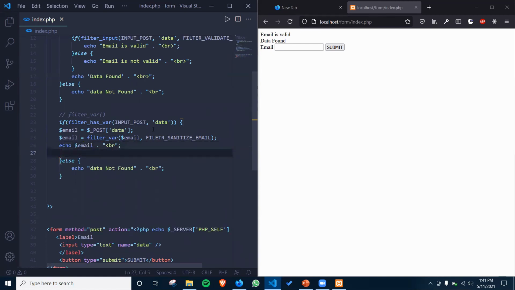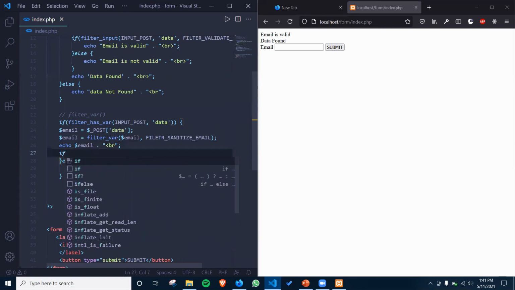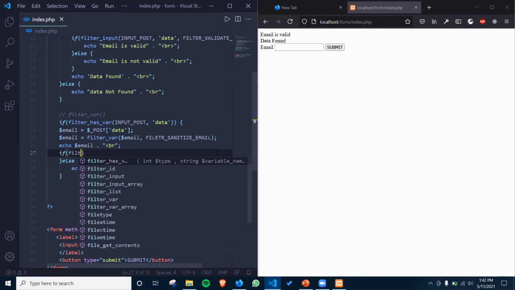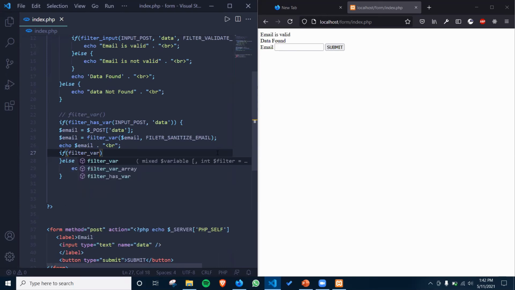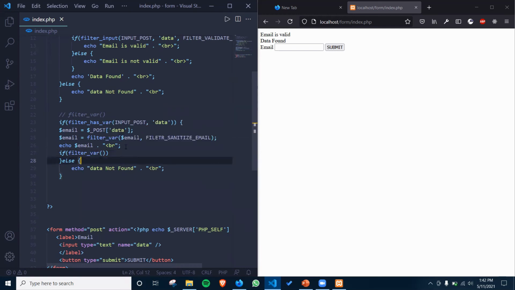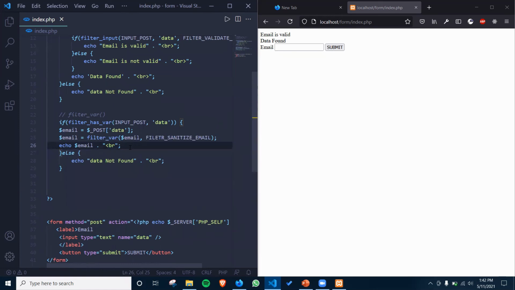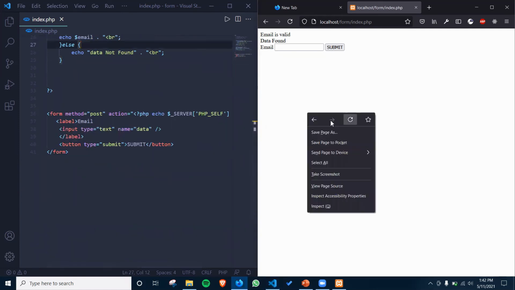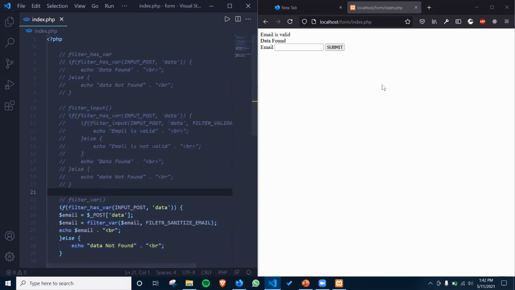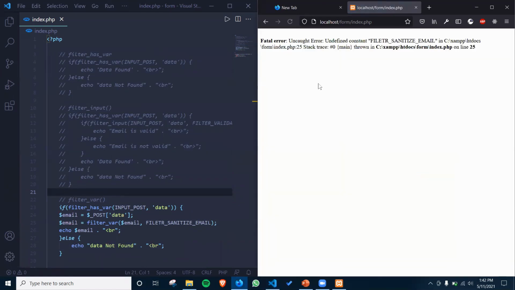Okay, after that here write if then here write filter_var, sorry, and now I'm already sanitized the data, so let's check this first of all, then I will do the next part. Okay, so first comment this out. Okay, cool. Now refresh this page.